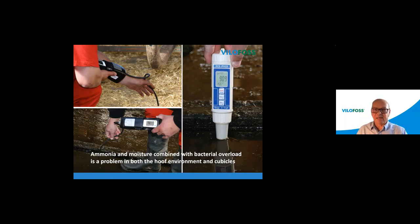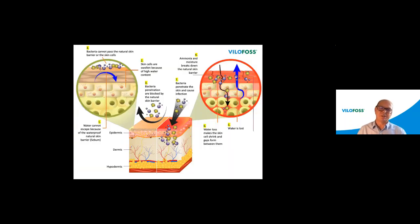Okay, that leads to this next slide. It's a bit confusing, but I will help you through it as well as I can. Here on the left side, you have to imagine a cutoff of tissue, the skin tissue. It could be, for instance, just above the hoof on a cow, where you have the digital area where a cow can develop digital dermatitis. If a cow is out on pasture all year round, not in the barn,